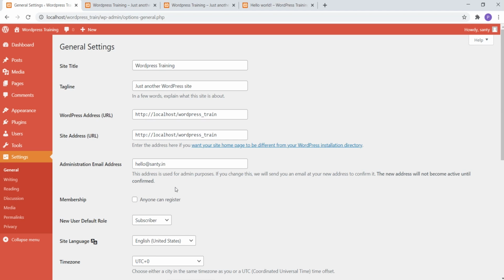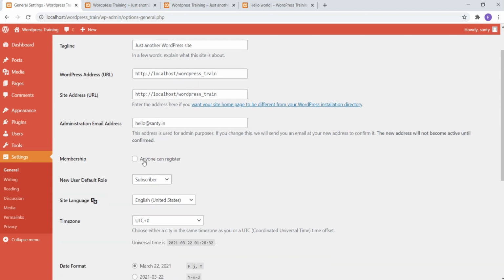When you see the membership here, you can see that anyone can register. If you check this, anyone can register to your website, and when they register, you choose their default role. The options are contributor, author, editor, or subscriber. Giving administrator is not a good idea, and it's not preferable. Generally everyone gives subscriber when your website is an informational website. If your website needs information or inputs from the users, then you can give them an author or contributor role.